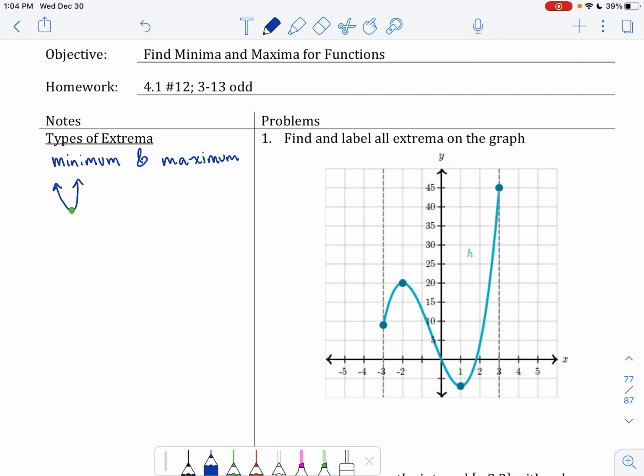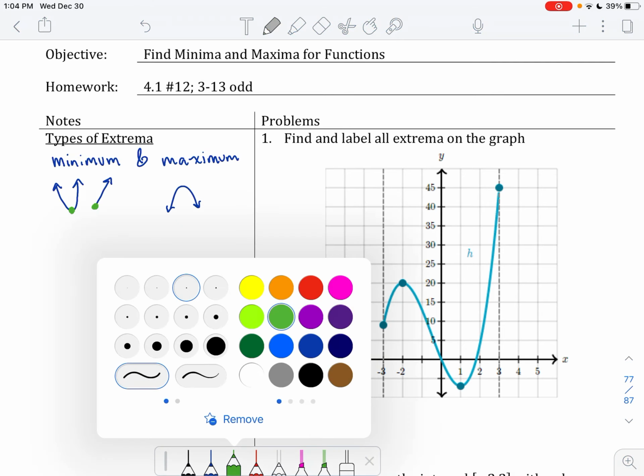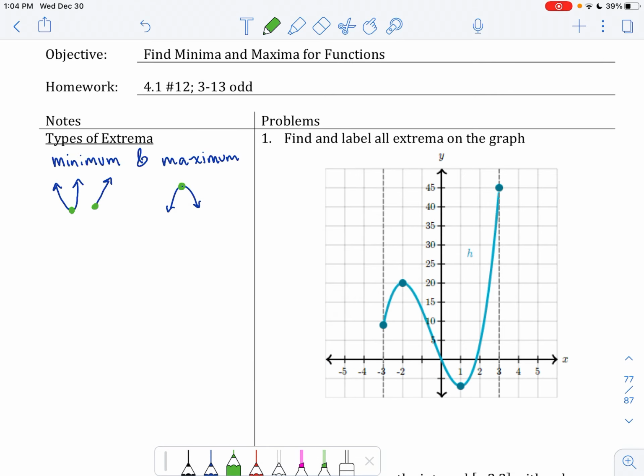It could also have an endpoint like this, which would be another minimum value, though we're more used to seeing the one that looks more like a parabola. Maximum, same, so that it is the highest and every other part of the graph is below it, like so. Now, we're also interested in other types, which is local